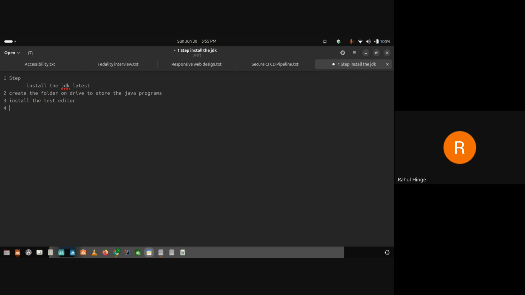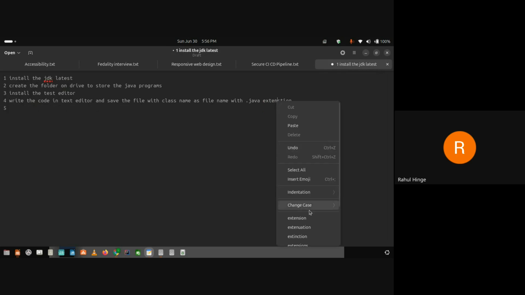Fourth, once we install the text editor, we need to write the code in it and save the file with the class name as the file name, with the dot java extension. Fifth, once we are done with this, the extension and all,